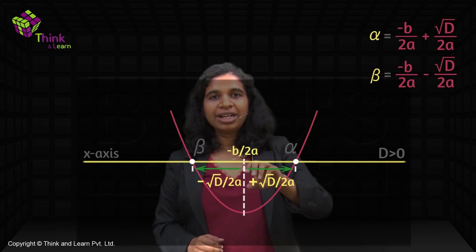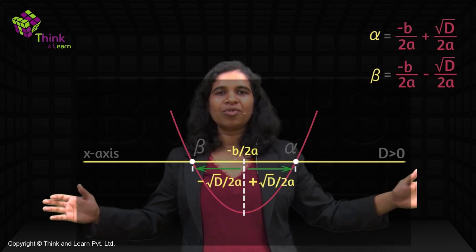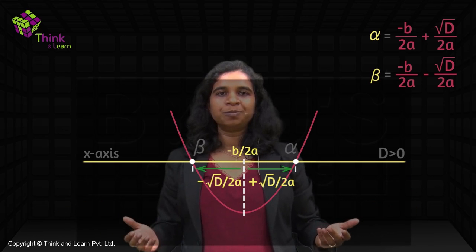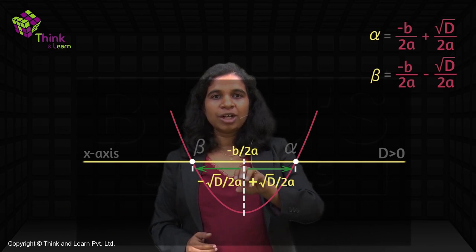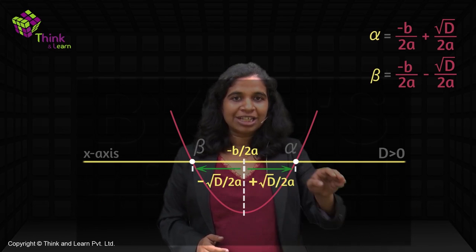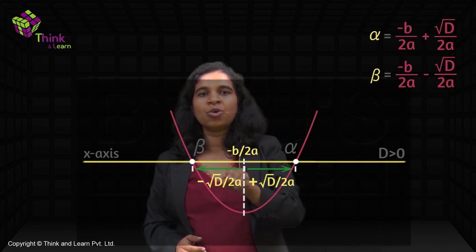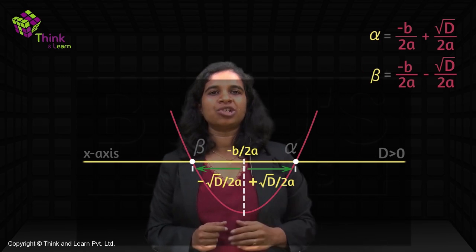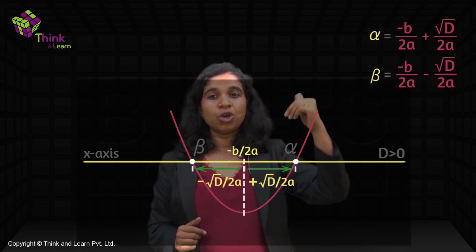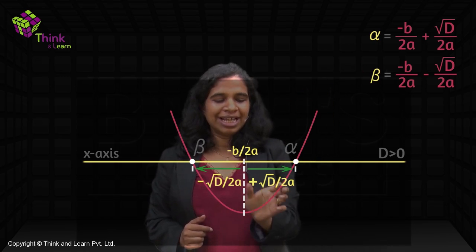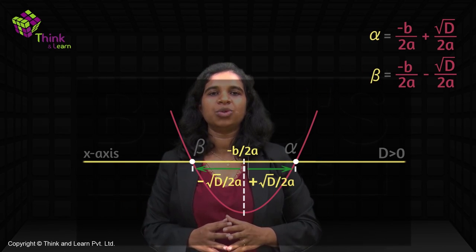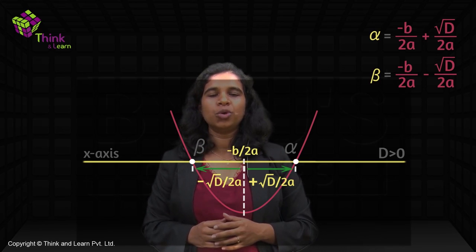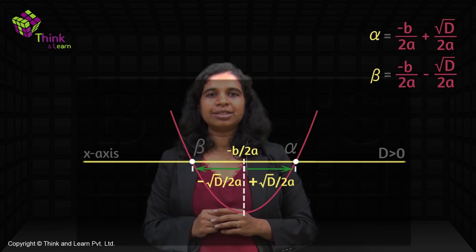That's why this point is nothing. The value of x, we are just talking about values of x's, right? We don't care about the value of y because at the roots y is 0. So here it's minus b by 2a. To get alpha, I am going plus root D by 2a. To get beta, I am going minus root D by 2a. That's how you get that equation. If you are given a graph and you have to find the value of root D, that's how you'll find. This distance is nothing but root D by 2a. So this distance is root D by 2a. Similarly, this distance is also root D by 2a. That's how you get your two distances.